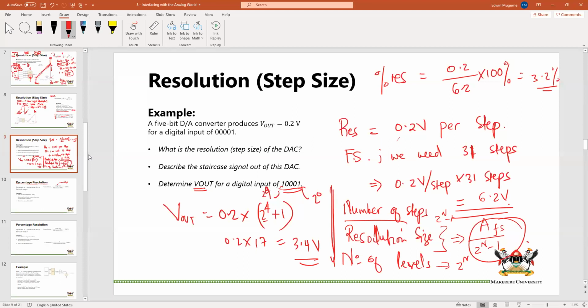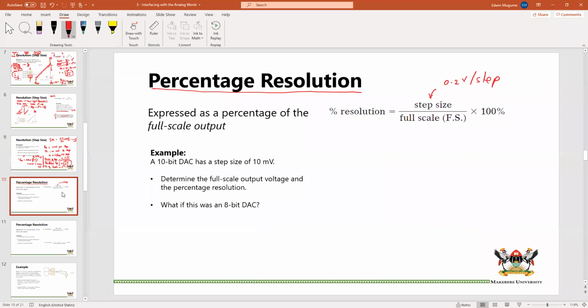If we make our first jump, we have gone 3.2% towards the full scale. The next jump takes us to 6.4%, the next one 9.6%, the next one 12.8%, and so on, until we reach a jump that puts us at 100%, and that level would be the full scale level. So I think the percentage resolution is a very important parameter, because it's not just a value,